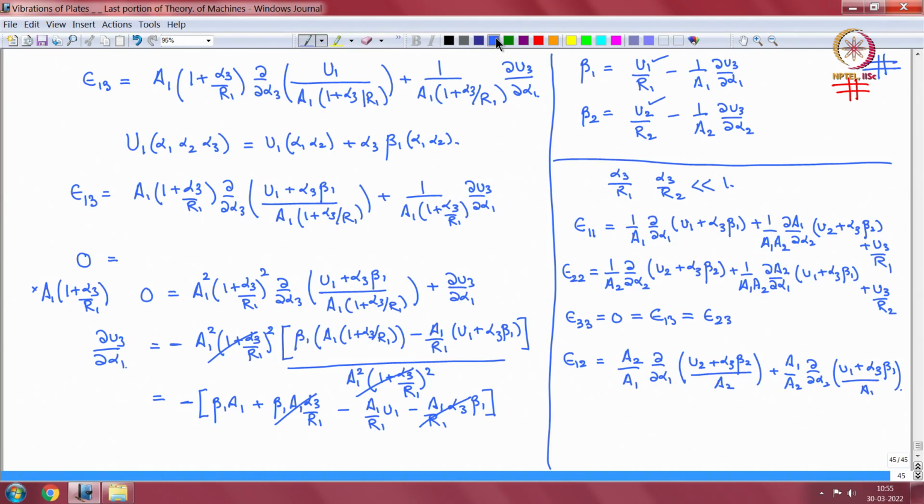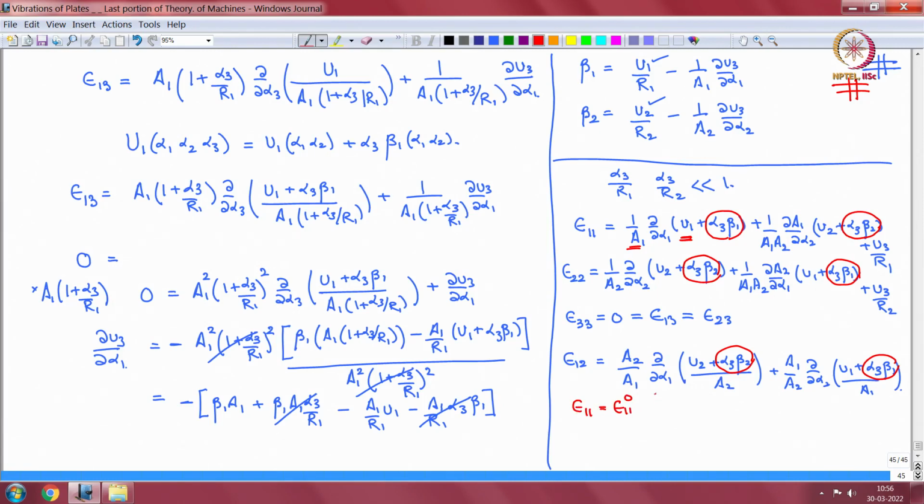Now you can see here that there are some terms which have no alpha 3 in them, because this is just a function of alpha 1 alpha 2, this is a function of alpha 1 alpha 2. So only this term has alpha 3 in it. Similarly, only this term has alpha 3 in it, this term, this term and this term. Okay. So we can write epsilon 1 1 as epsilon 1 1 0